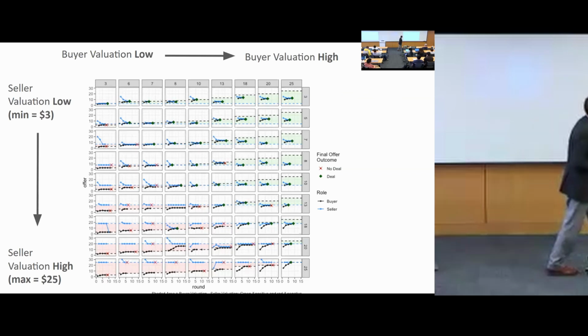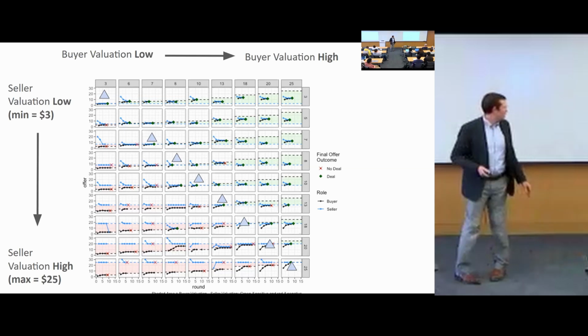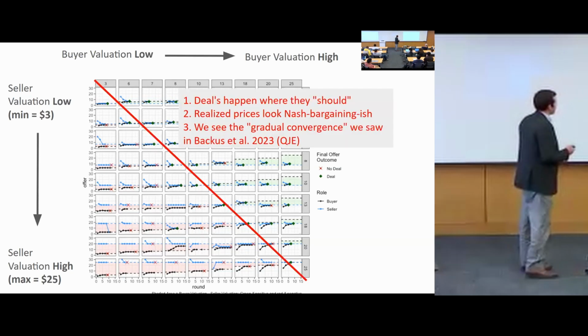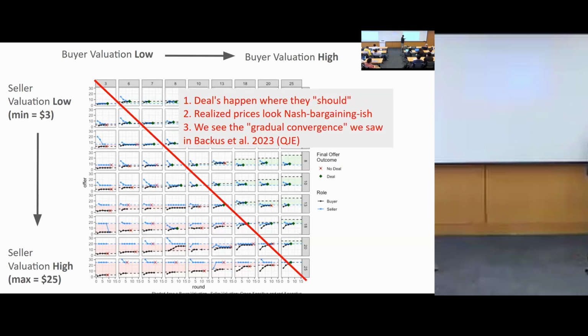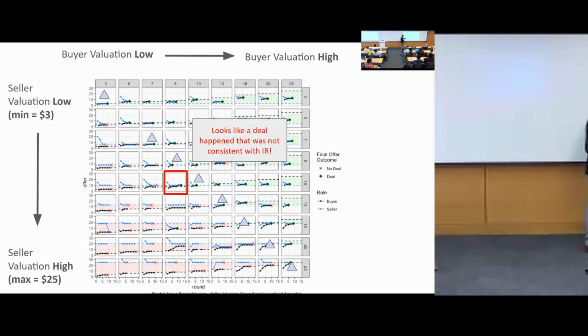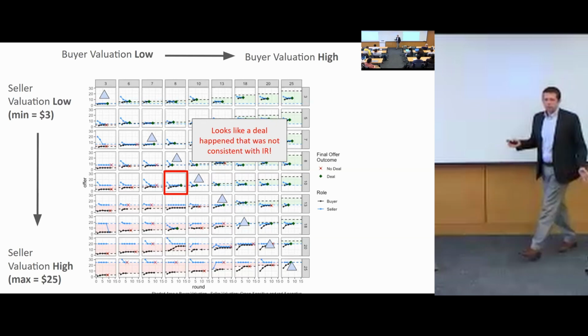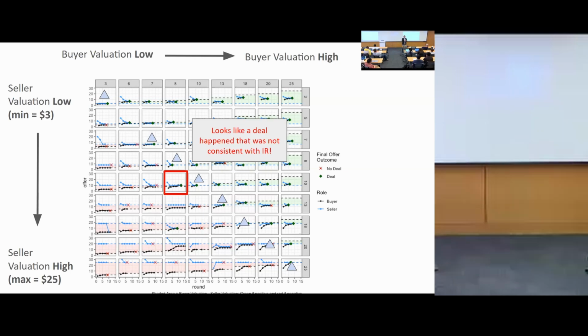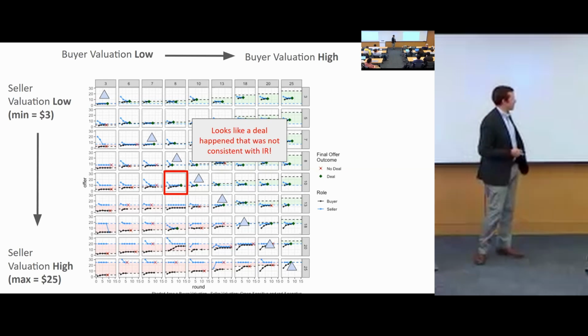And so when you do this, what you notice is that basically everywhere where a deal could have been struck, the two agents came to agreement. In the cases where it was a precise tie, they also seemed to come to an agreement. And when they couldn't come to an agreement, for the most part, they did not, except for this exception. So here was a place where it shouldn't have been possible for them to have a deal. Their values were not, there was no space where they could strike a deal. So we're like, what happened?